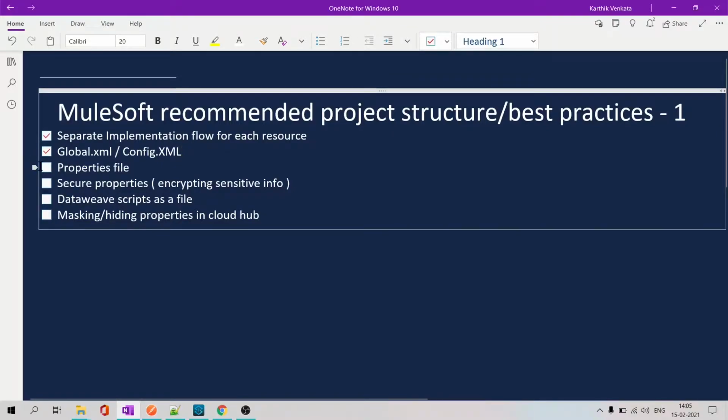This we do everywhere in all other programming languages, Java, Python, whatever. So we read all properties from a file. That is a good practice. It will be modular. You can change the properties whenever you want without changing the source code. That is a good practice, right?